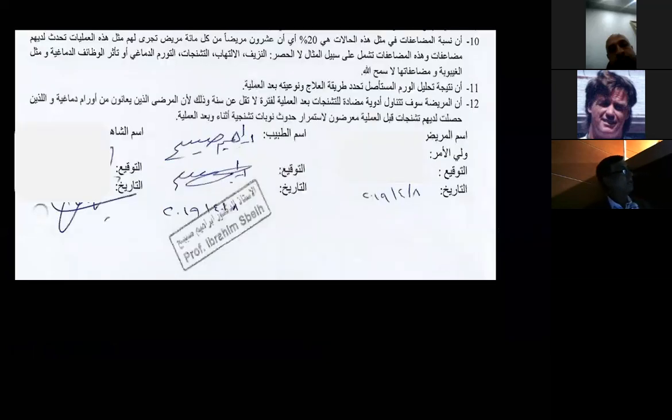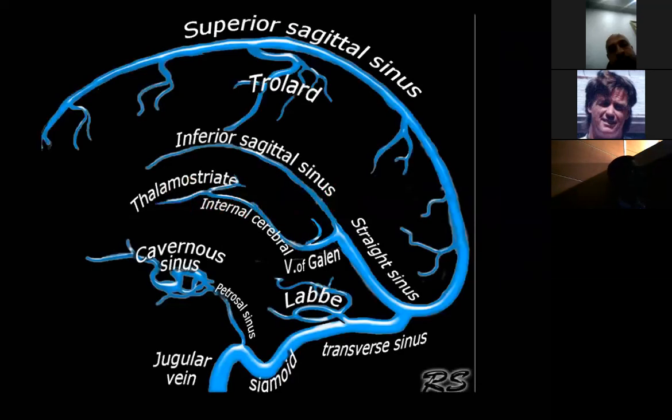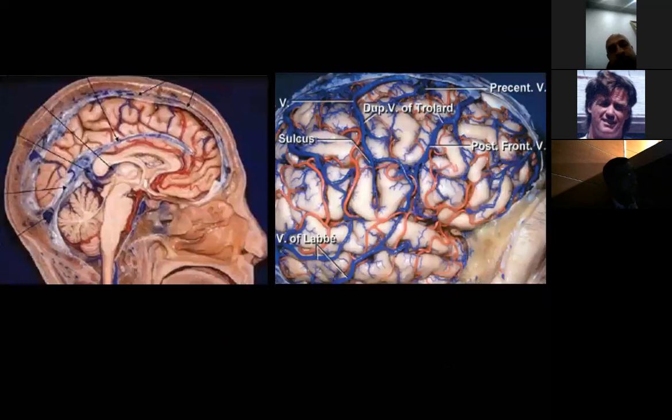We mentioned the consultations that we have done, and we spelled out the complications. 20% of these patients may have complications like bleeding, infection, seizure, increased seizures, brain swelling, coma, and so on. It's a major undertaking. Remember some of the anatomy, we are going there. So we have to remember the sagittal sinus, the inferior sinus, like this.